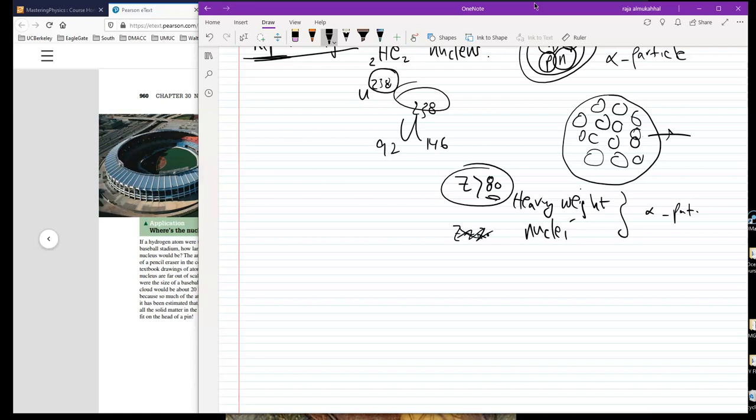We'll talk about the beta in a minute. Okay, so anyway, what will happen? Let's say I have a heavyweight nucleus right here, with A and Z. X, sorry. When it disintegrates,